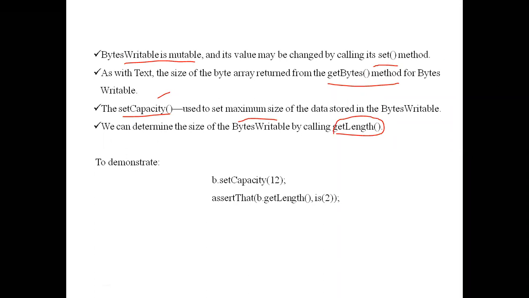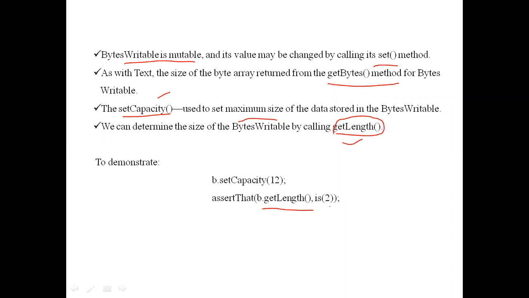To know the current length: maximum capacity is 12, but in our example, how many have we stored? Only two numbers, 3 and 5. To know the current length of the array, we use b.getLength.